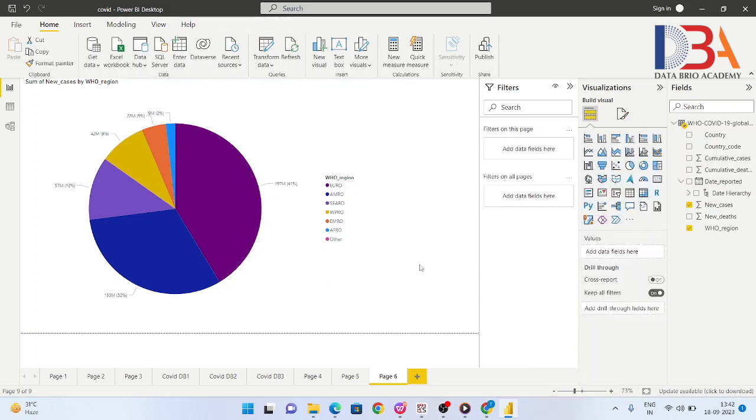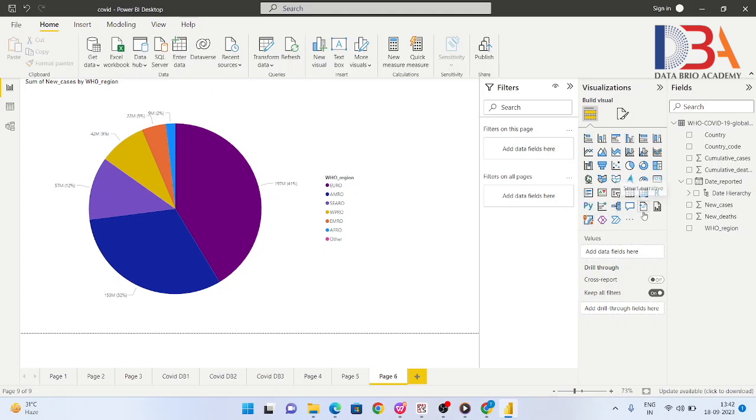Then here we can see that the EURO region is contributing 41%, among all the WHO regions. In the pie chart we can see the contribution out of 100%, how much each region is contributing.